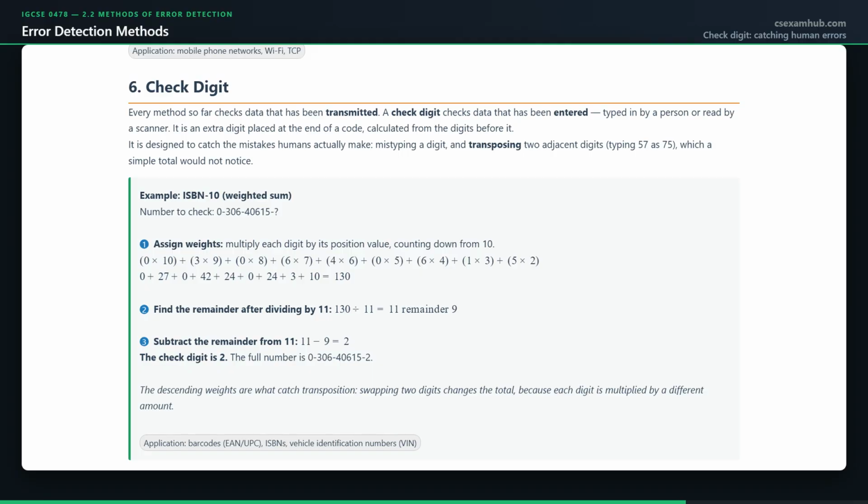The number is 030640615, and we want the check digit. Multiply each digit by a weight, counting down from 10. 0 times 10, 3 times 9, 0 times 8, 6 times 7, and so on. Those products add up to 130. Divide by 11. 130 is 11 11s, remainder 9. Subtract that remainder from 11, and 11 minus 9 is 2. The check digit is 2, and the complete number is